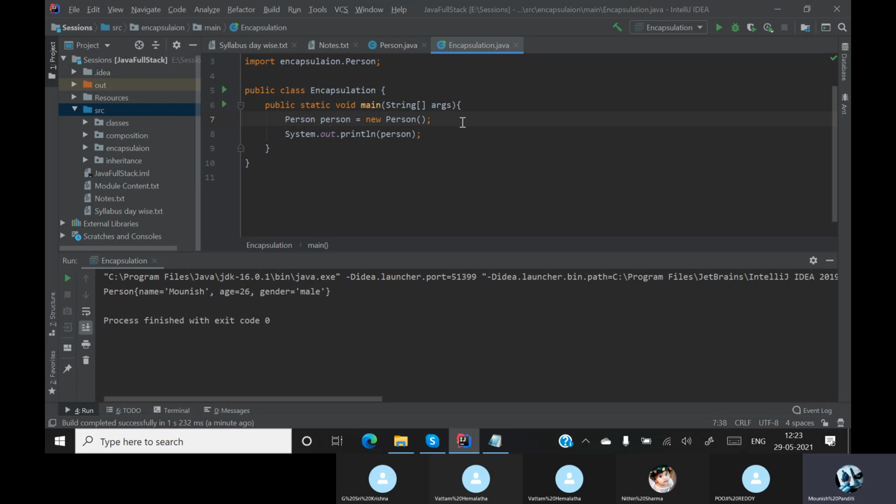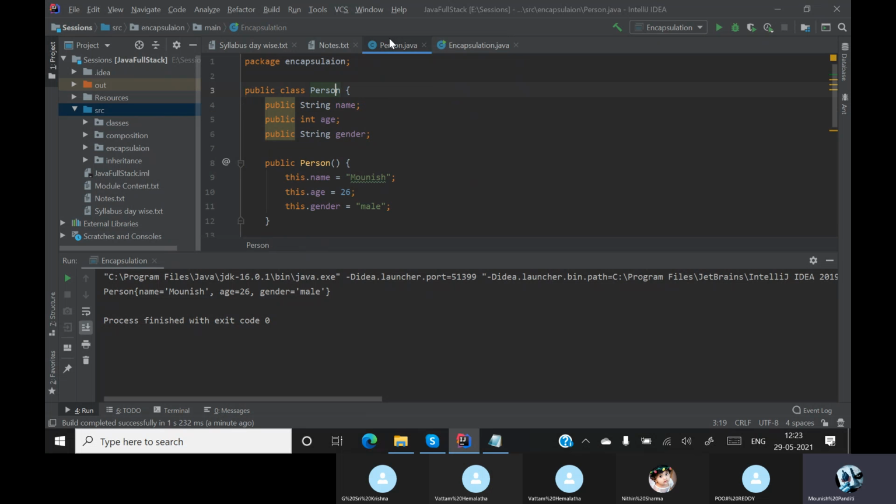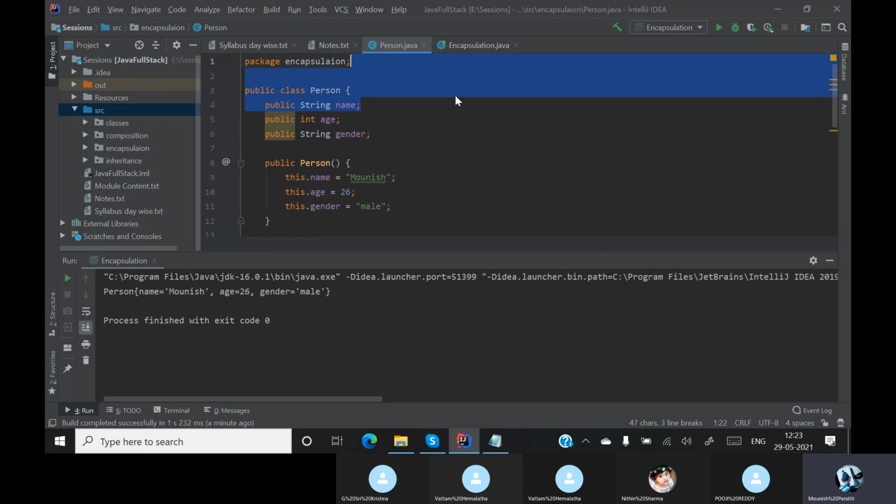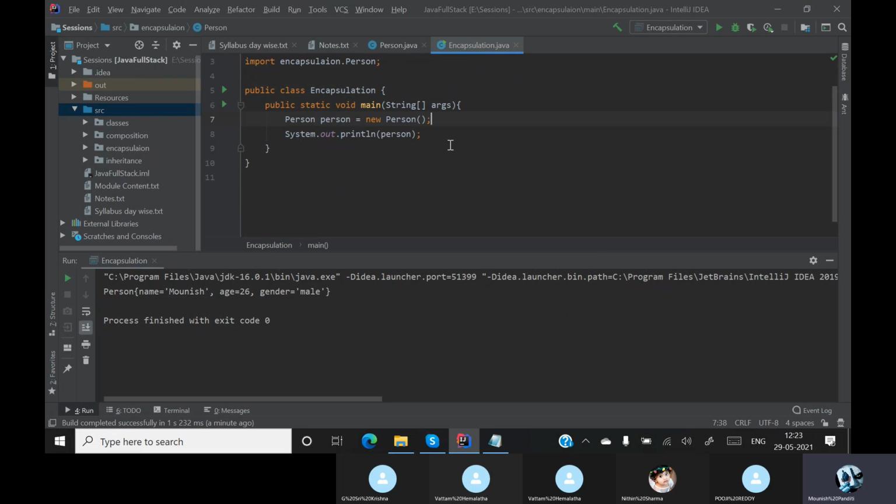But what is the use of using encapsulation? There are some rules for encapsulation. The rule of encapsulation is that the properties of any particular class should be private. The reason why it should be private: when I go here, can I say that person dot age is equal to -10?